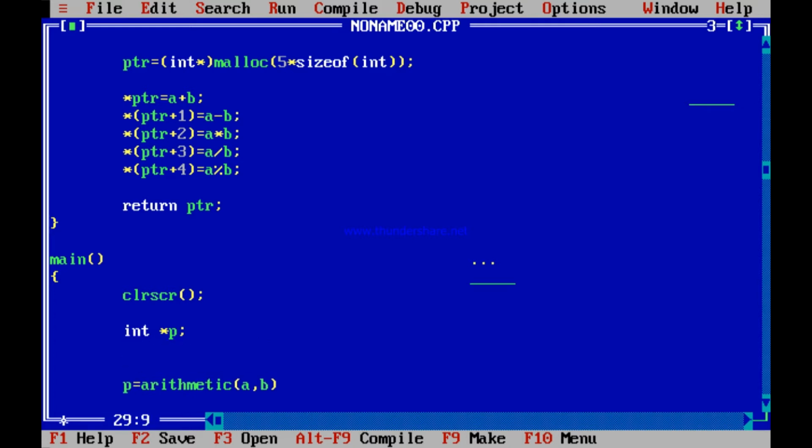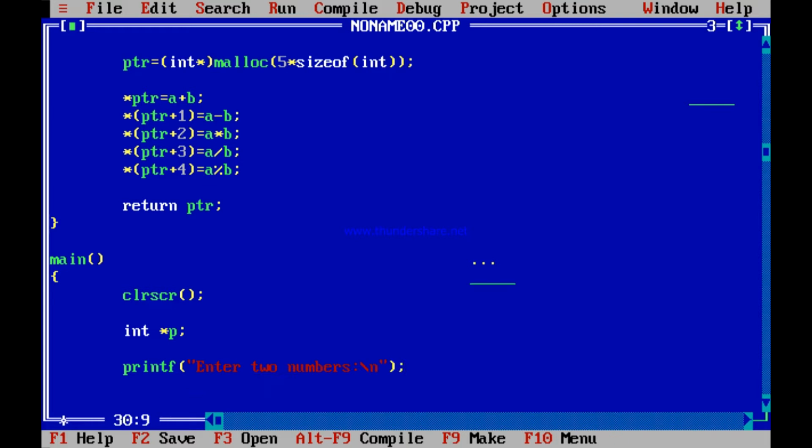Now I can ask the user for the 2 integers to be either added, subtracted, multiplied or divided. So I can start by saying printf, enter 2 numbers, is it not so?